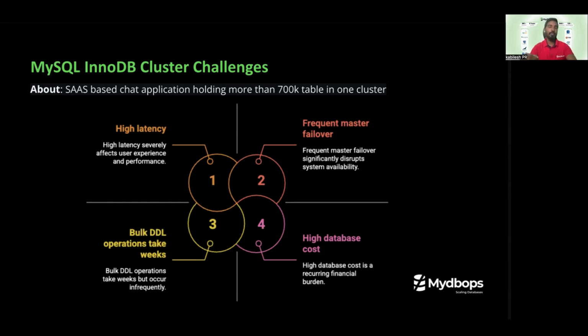To say more about the customer, as it's a SaaS platform, for each customer they have a database, and in the database they have around 48 tables per region. The largest region has close to 15 to 16,000 schemas, counting to around 7 lakh tables, present in a single cluster. So you can see the metadata scale at which it was running.